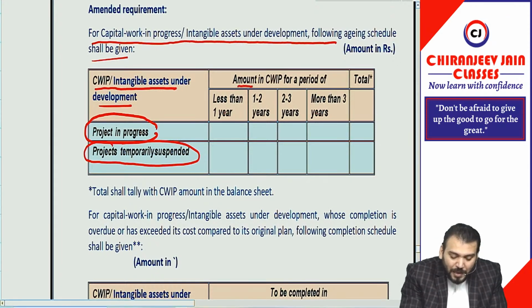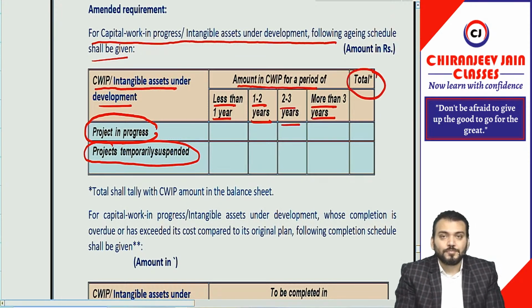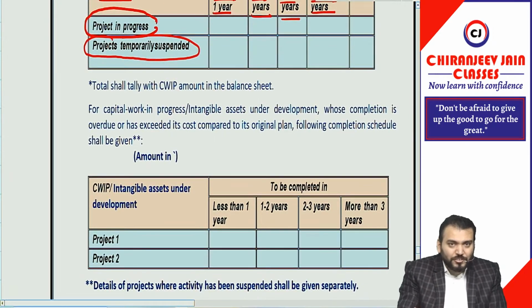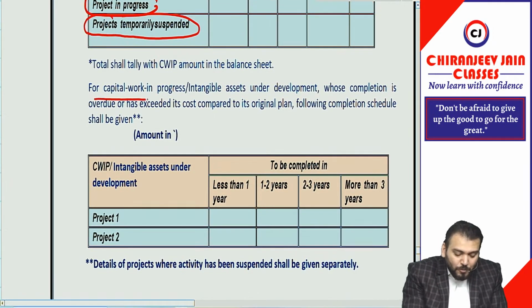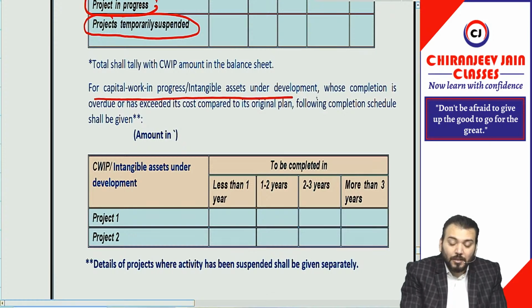Then the amount of capital WIP for a period of less than 1 year, 1 year to 2 years, 2 years to 3 years, or more than 3 years needs to be disclosed. Got it? Simple. But in this, one more disclosure is required for any capital WIP or intangible asset under development